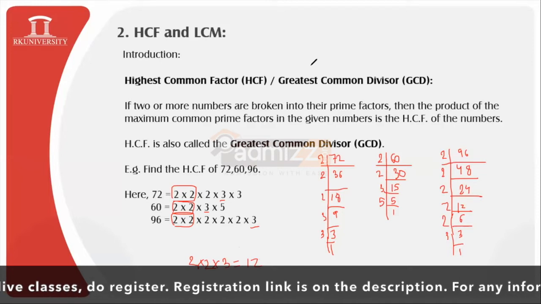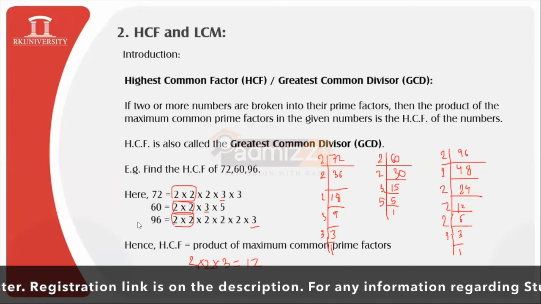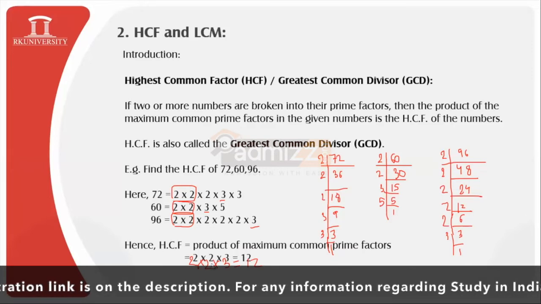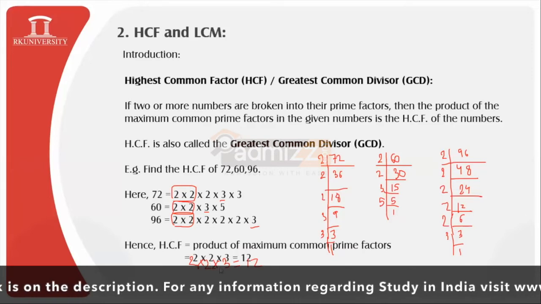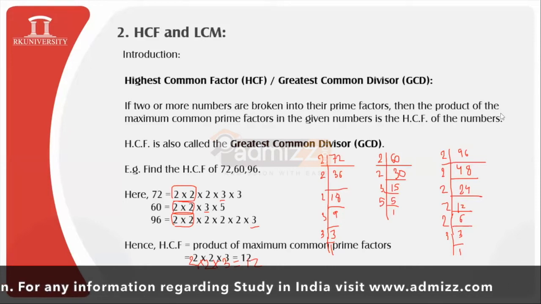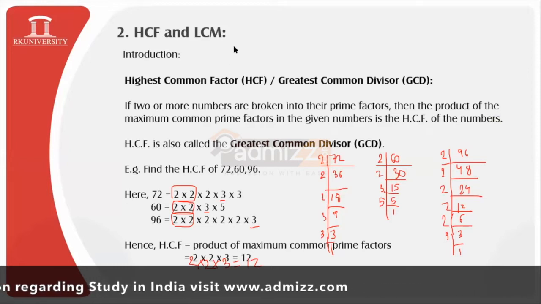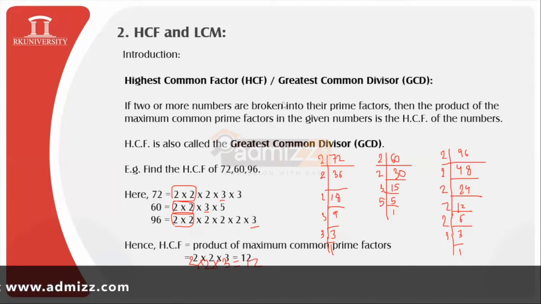Okay, so I believe this method is already known to you, that this was just the prerequisite, and as you can find, the final answer is 2 into 2 into 3, that is 12. Yes, very good. So this is the process by which we are finding the HCF of the given numbers. In a similar way, we will be simplifying for LCM also.